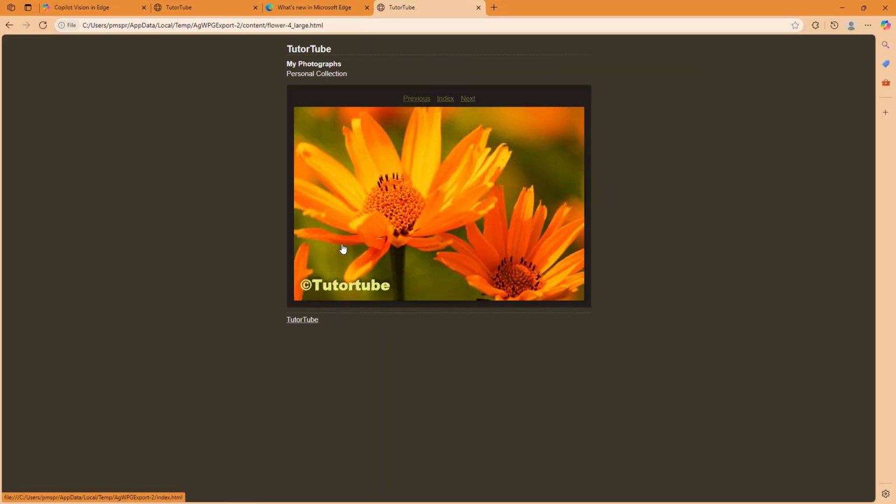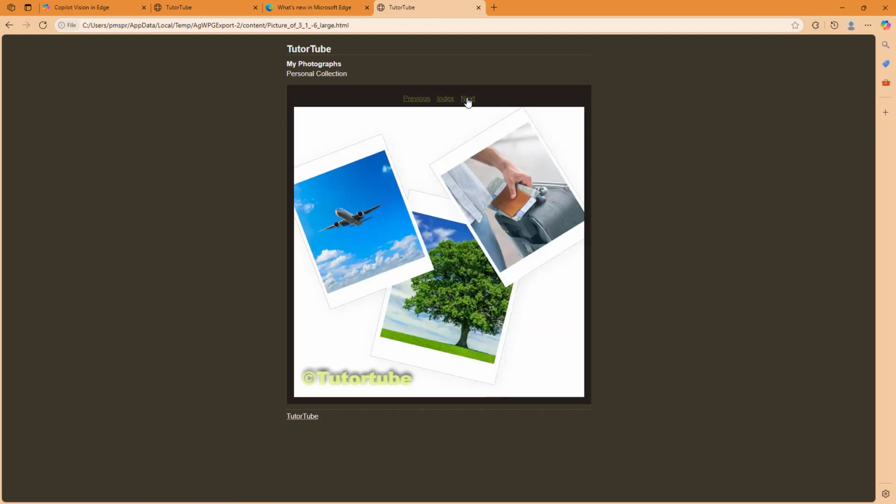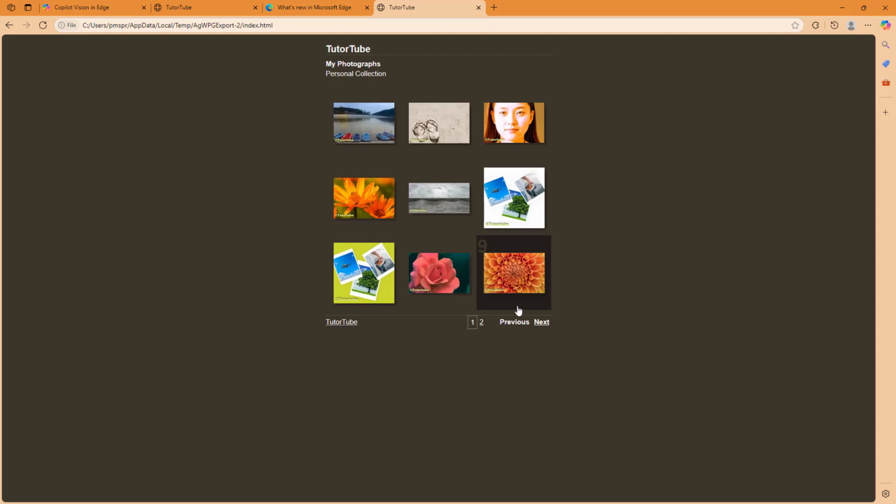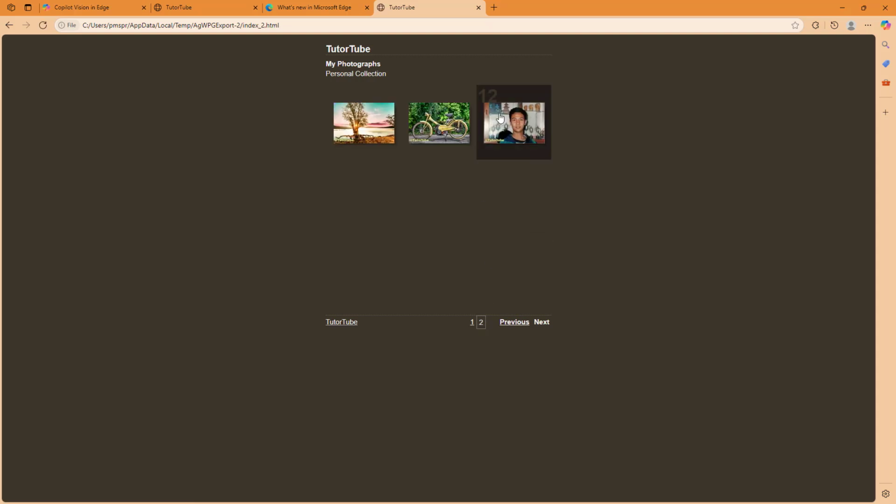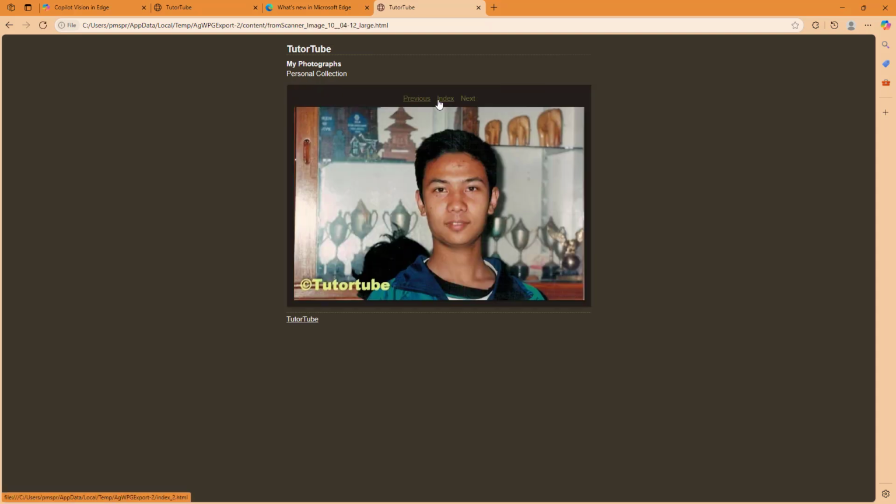You can go around over here and click, and you can see that it is interactive. You can go onto previous, next right here, go onto index right here, go to the next page, and see how the gallery is actually functioning right here just like this. So that is how you can work with the web layout settings and previewing in browser inside of Adobe